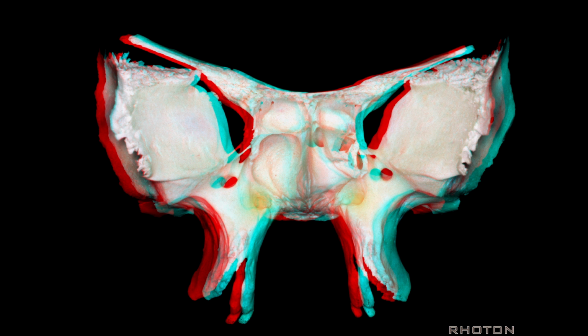Vidian canal for Vidian nerve that enters pterygopalatine ganglion in the fossa, and this is foramen rotundum, through which second division passes to enter pterygopalatine fossa. So that if we look here, just at this area, we see sphenoid sinus, sella,